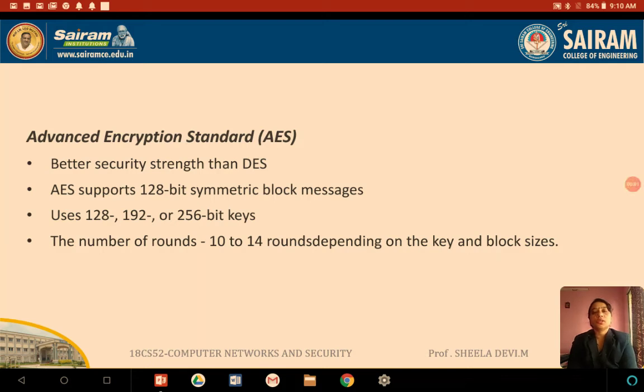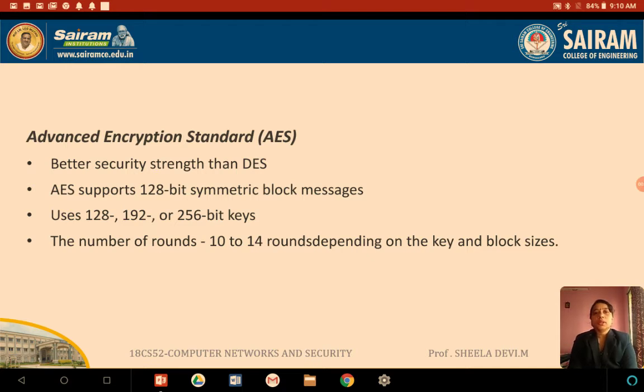In this session, we are going to see what is symmetric key cryptography and the methods or the algorithms which we can use under symmetric key cryptography. As I said, symmetric key cryptography is nothing but the process of doing encryption and the decryption with the same key. The examples of symmetric key cryptography are AES and DES.